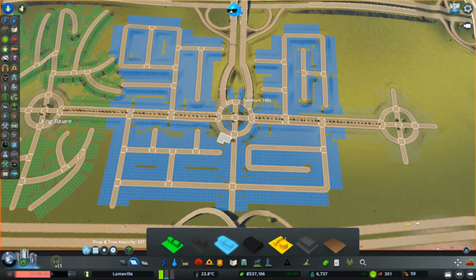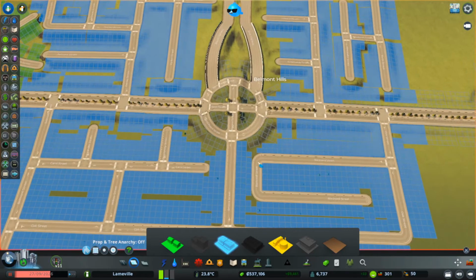Like I said, you want to keep the roundabout as clear as you possibly can. Otherwise you'll just have stuff stopping to deliver, people stopping to shop, all that kind of stuff happening on your roundabout, which none of us really want. And also it's a good kind of how-to guide for planning your city a little bit too, I think, because